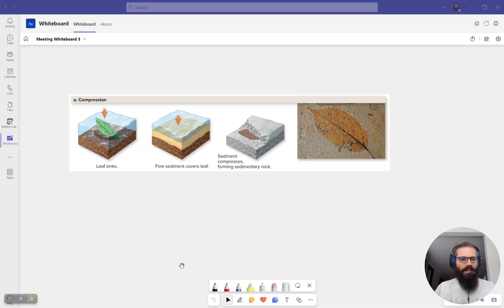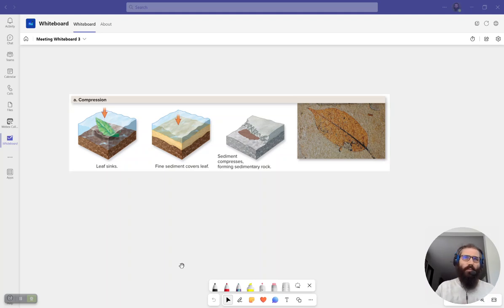Hey everyone, let's have a chat about fossilization, right? This is chapter 13, and we've been starting to understand evolution. We've talked about how we compare and contrast to Hardy-Weinberg equilibrium to make sure which type of evolution we're talking about based on the deviation, right? But how do we know? How do we have proofs of that process of evolution, right?